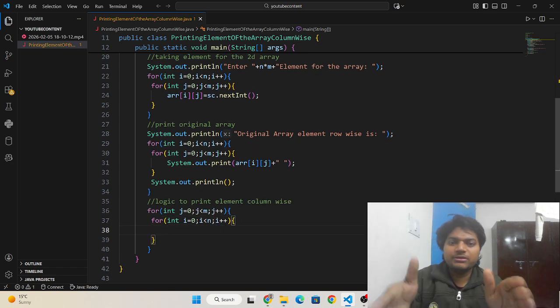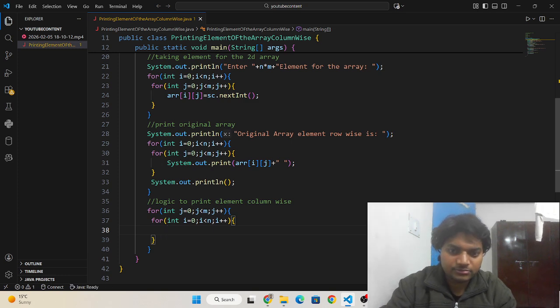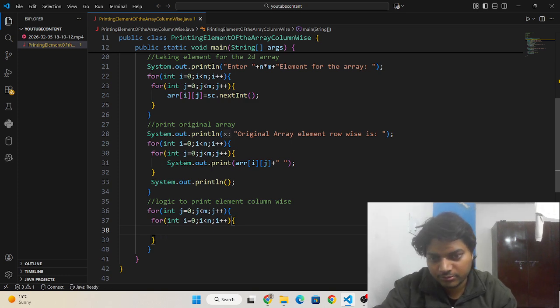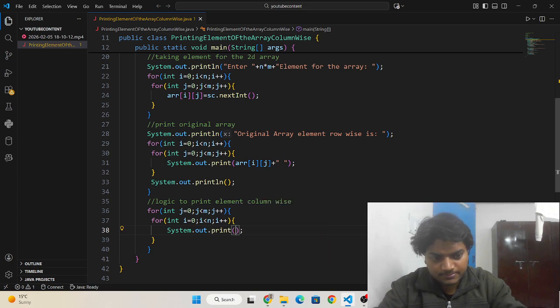We need to print the column first, and then next we need to print the row. And then here I need to write print arr of i and j.